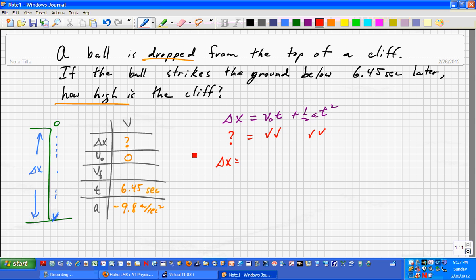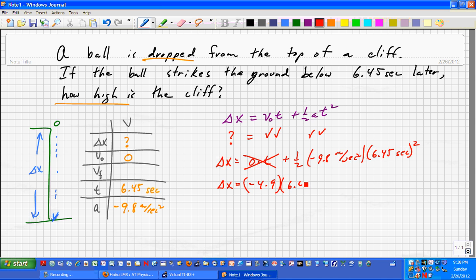So change in position is going to be equal to V0t, which is 0 times t, plus 1/2 times negative 9.8 meters per second squared times 6.45 seconds squared. I didn't put a number in for the first term because that's going to go away. 0 times anything is 0. So we get change in position is going to be equal to negative 4.9